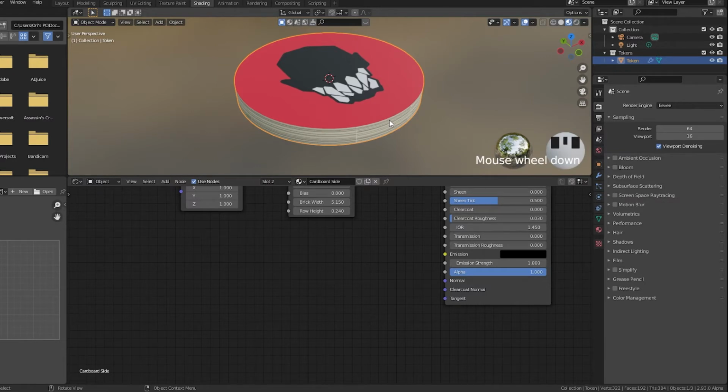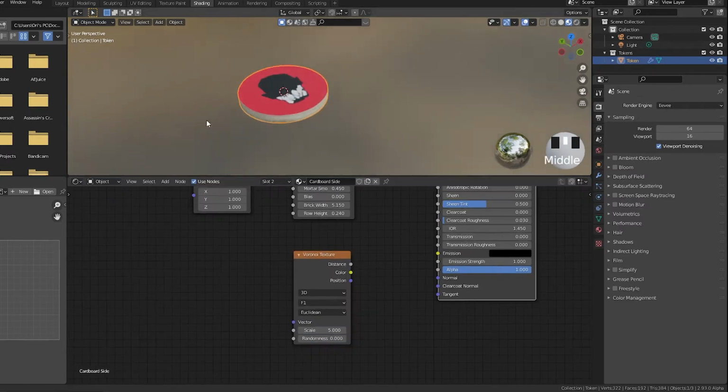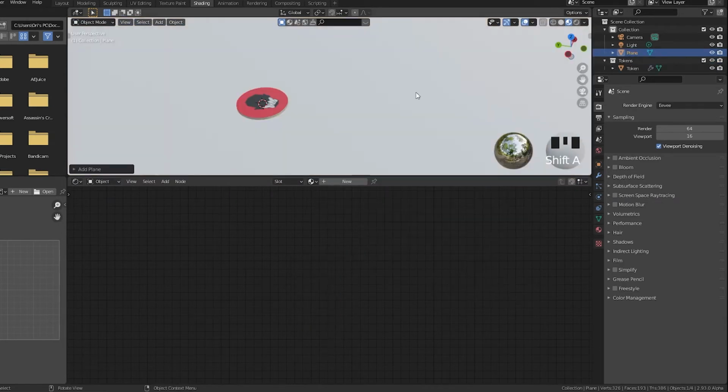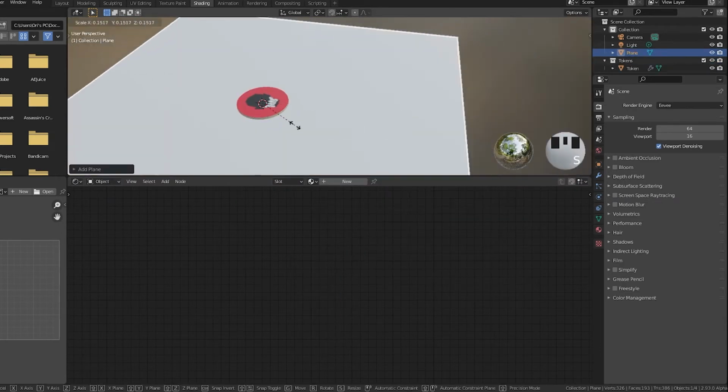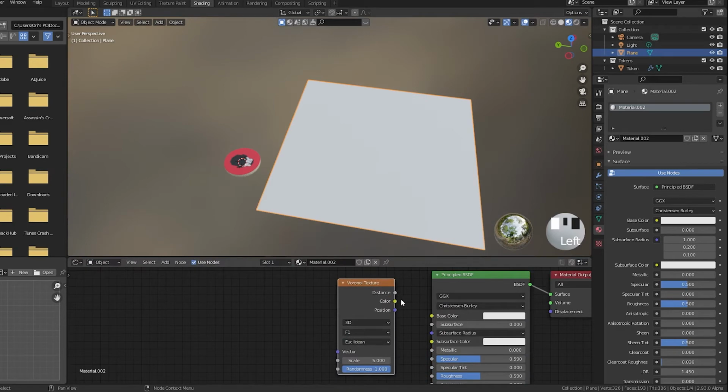Okay, I'm just trying to explain this in the simplest way possible. If you see tiles or something like that, let's play around with it and then you'll see what I mean. We want to add here a Voronoi texture, just to show what it looks like. Okay, I'm just going to create a plane here. A Voronoi texture